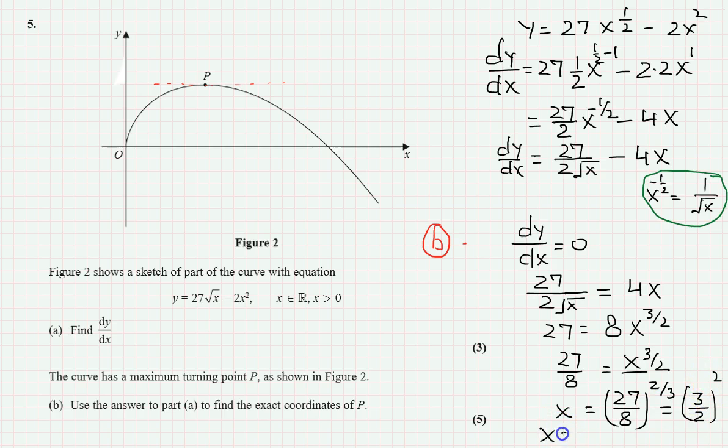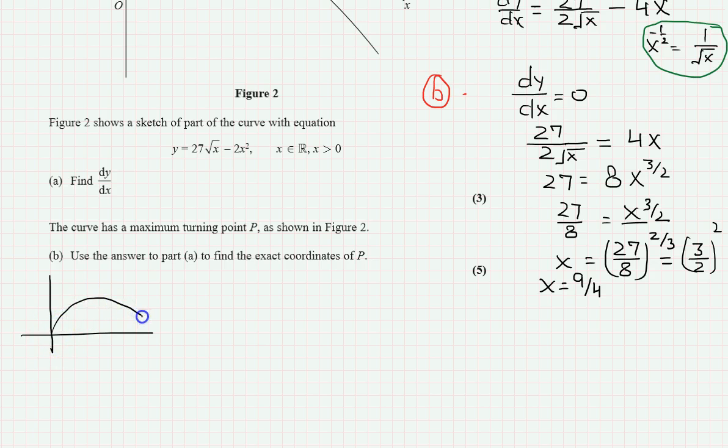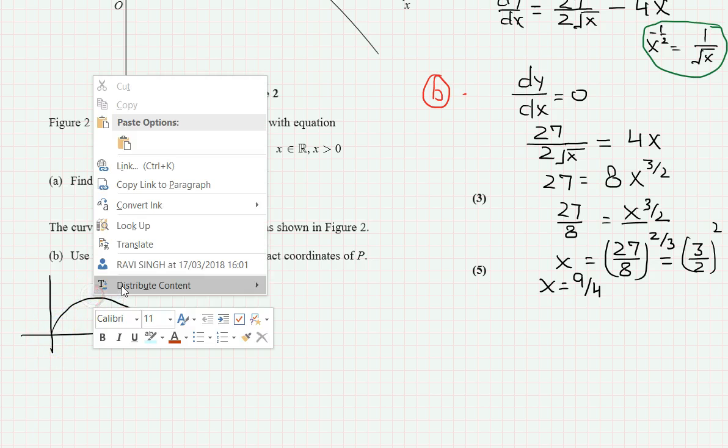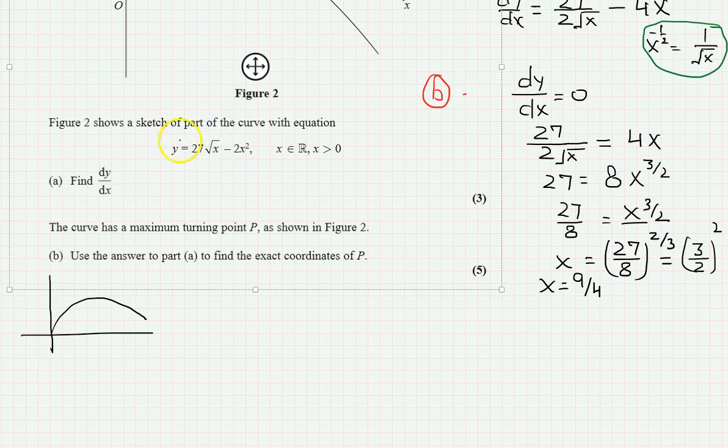So x will be 9 over 4. So the x coordinate is 9 over 4. So our equation is y is equal to